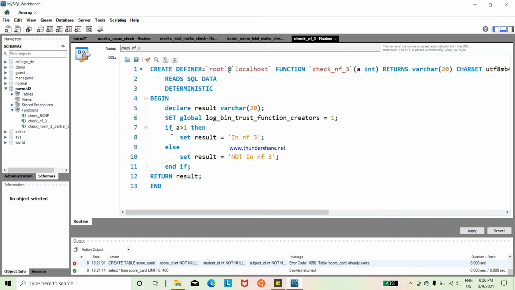In this function, if we get a value of more than 1, then the result is set as in third normal form, else the result is set as not in third normal form, and then the value of result is returned.